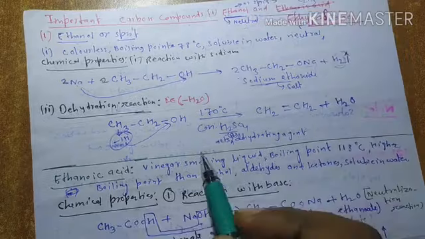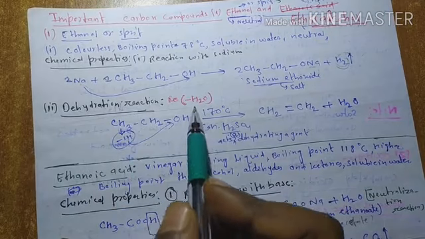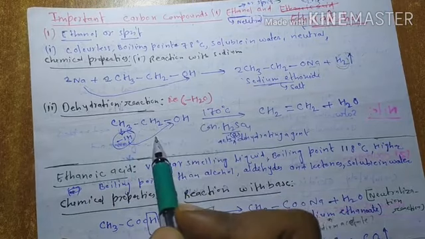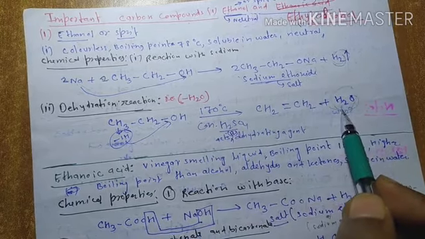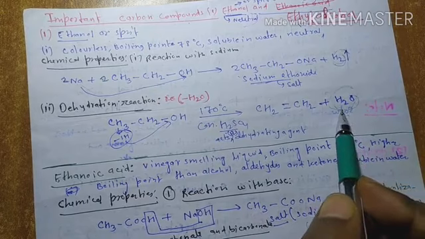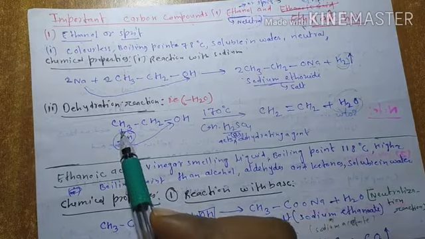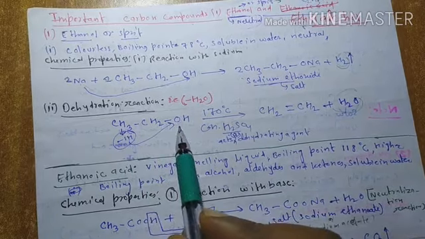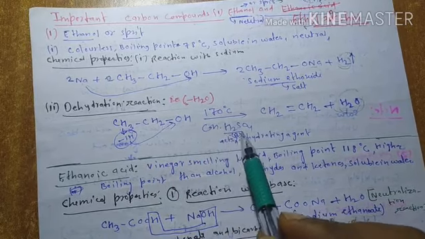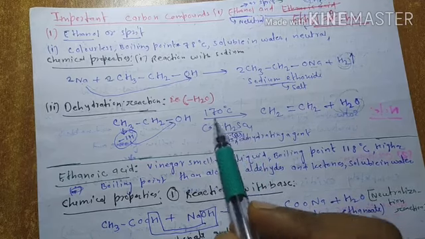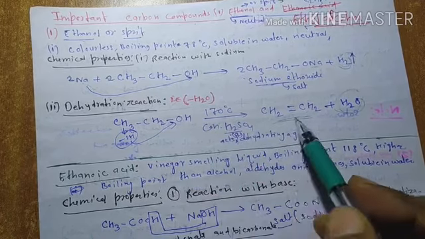Okay. The second one is dehydration reaction. It means water will escape from the reactant, and in the product side water will be formed. So if you see water molecules on the product side, then it means dehydration reaction in case of carbon compounds in this chapter. Okay, so again, ethanol, CH3CH2OH, reacts in the presence of concentrated sulfuric acid at 170 degrees Celsius to form ethene. Just see, here is a single bond, this is a double bond, plus H2O.